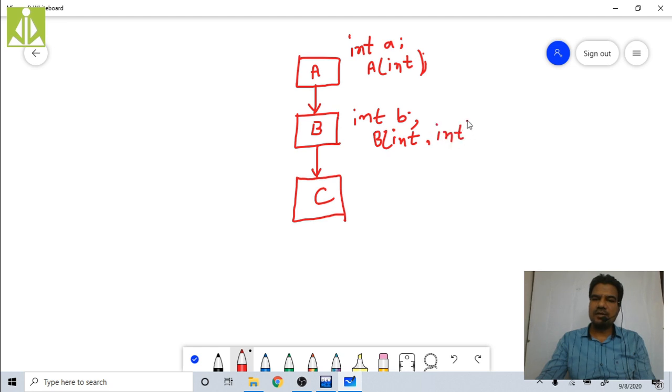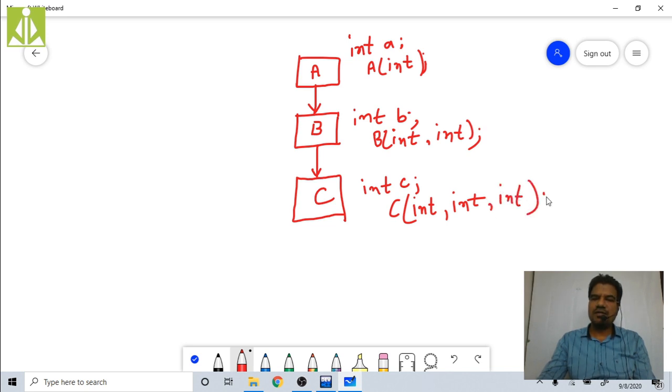Then C class is also having one public parameter, that is C, and it is also going to inherit A as well as B into it. So here when I'm calling the C class constructor, I will take three parameters, int, int, and int.